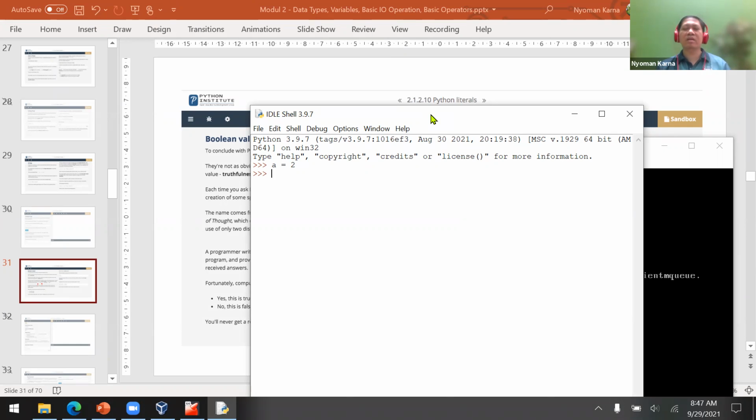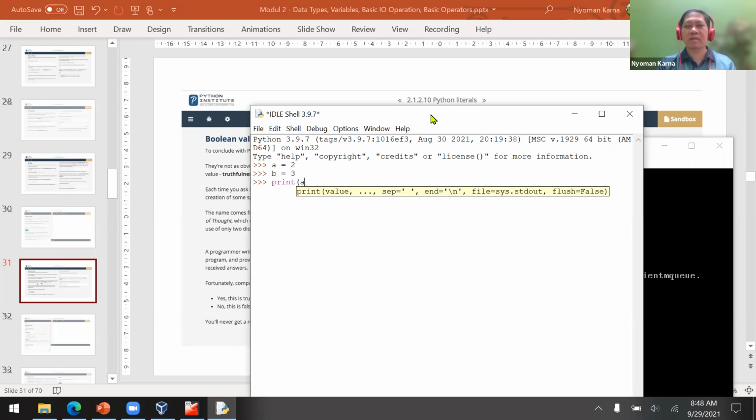Then Python will remember that there is a variable with the name of a, and its value is 2. And then I'm going to create another variable called b with the value of 3. Now, let's say I'm going to print a. Because Python remembers that a has a value of 2, it will print 2.